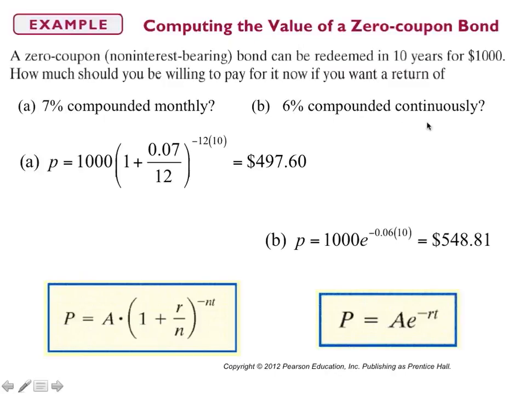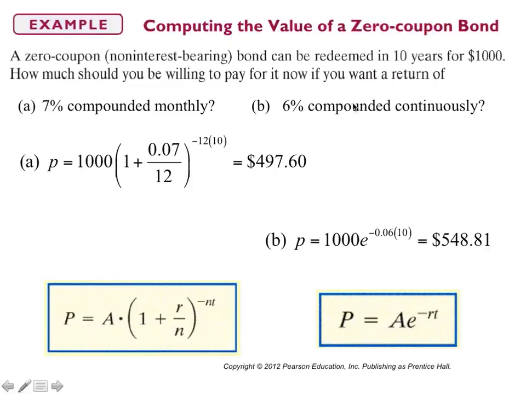Now, if you want 6% compounded continuously, then we use our continuous compounding formula. So we say that our principal is equal to our $1,000, that's our future value, times e to the power of negative 0.06 times 10. So it's our rate times our time, but it's negative. And again, when you do your exponent, you need to make sure that you put the exponent in parentheses. And you should get